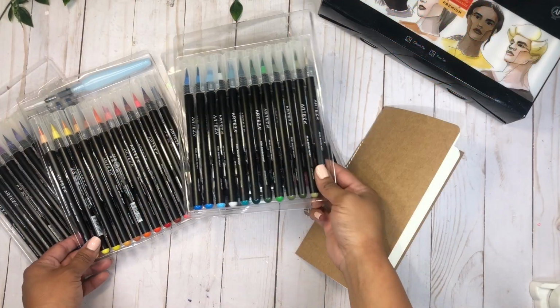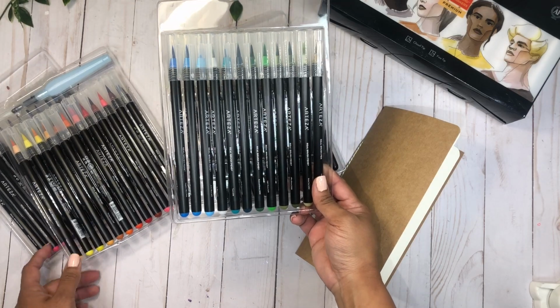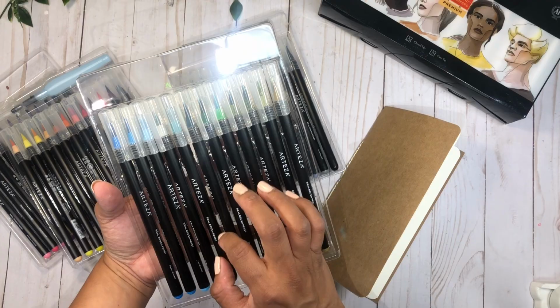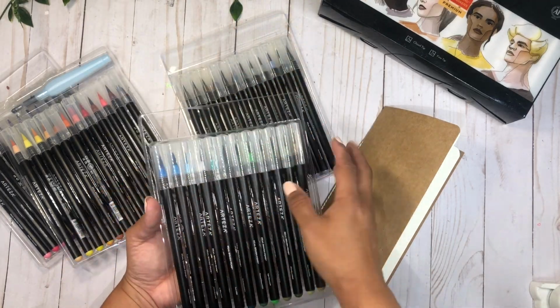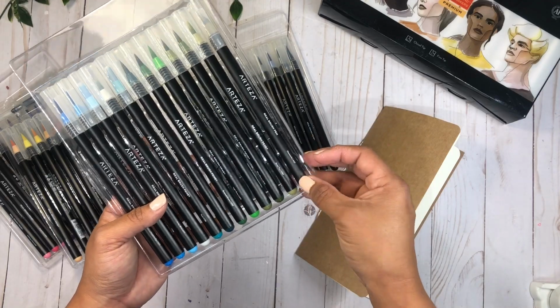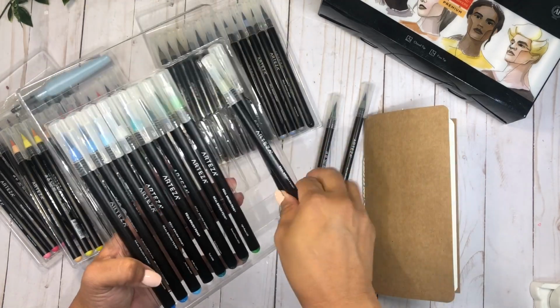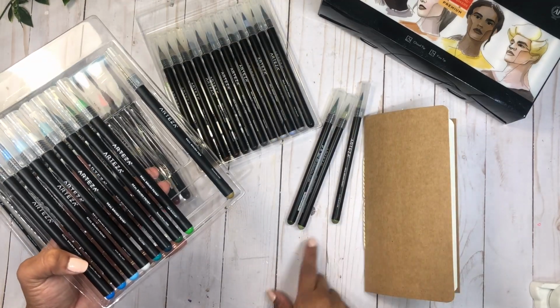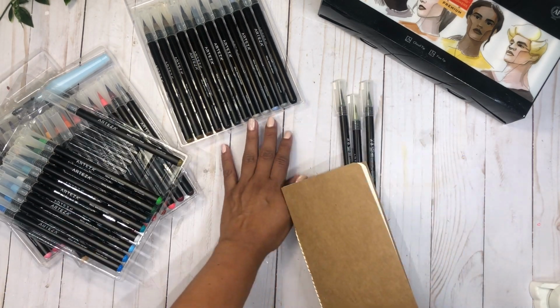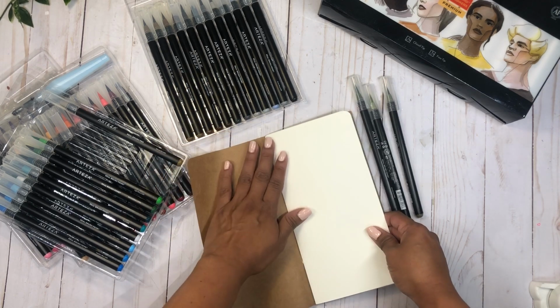So I am going to start looking at the Real Brush pens, and I really like all the different tones of greens that this has. Of course, they have all kinds of different colors, but I wanted to play with some leaves. So I'm going to be taking out some different green colors, and I'm going to start doing some swatches here